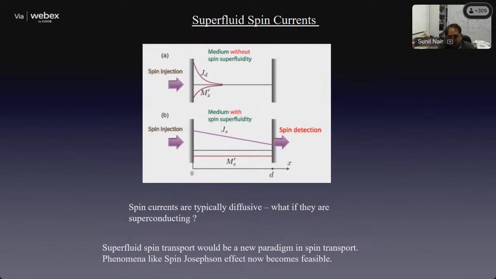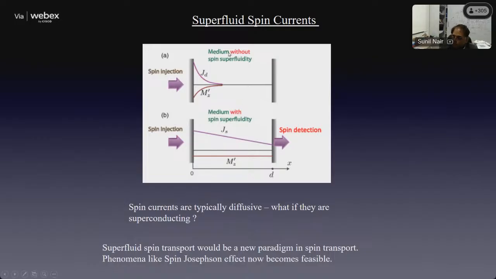You have a superconducting state in electronic systems. The question is, do you have an equivalent of it in the spin system? So when you say you have electronic current and you have superconductors, can you have spin currents and spin superconductors? Or in this case, it is not called a superconductor, it's actually called superfluidity.